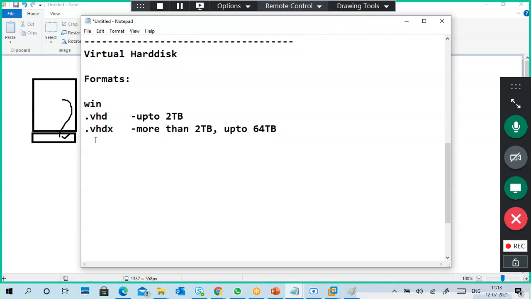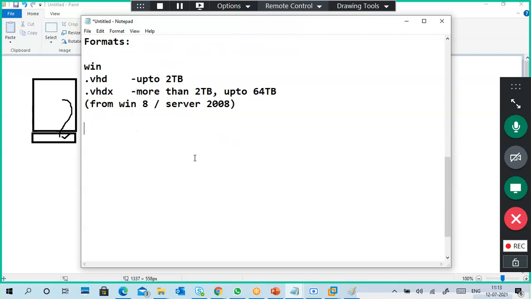VHDX is there from Windows 8 onwards, or Windows Server 2008 onwards. So that is Windows.